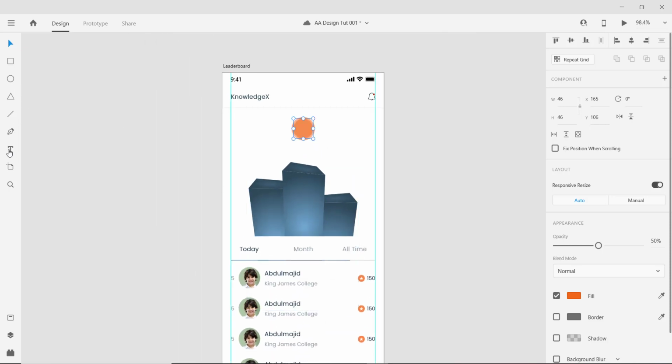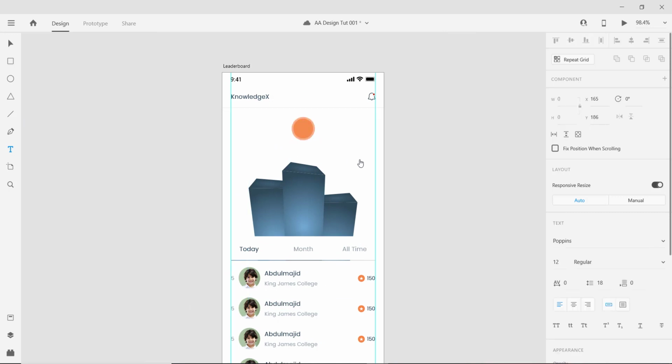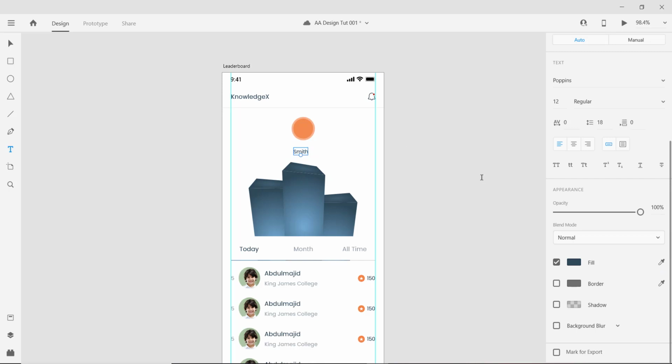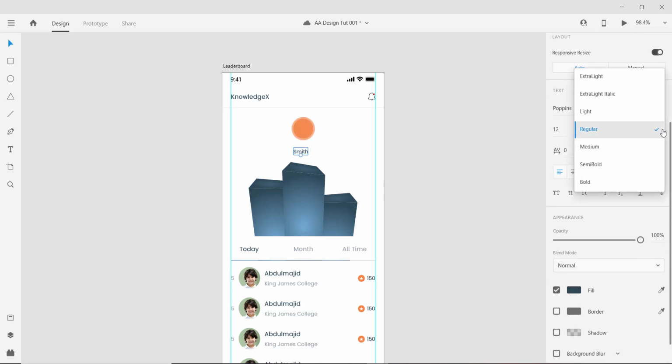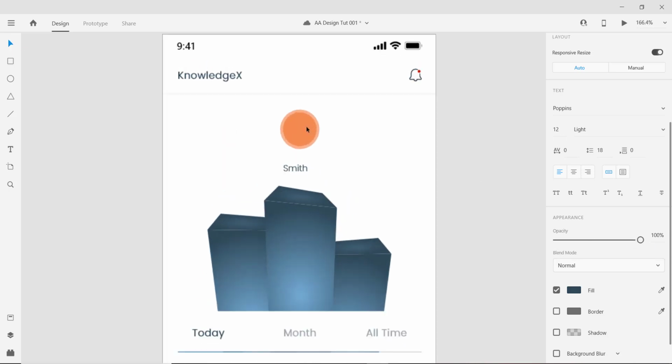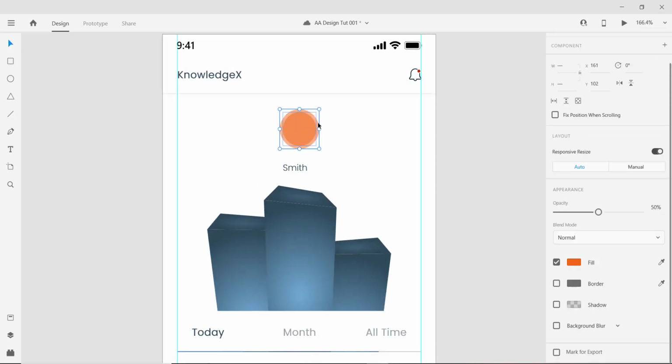So the next thing we also want to do is the name of this user. So let's call him Smith. Cool. Right? And we can make it a little bit light. Can make it light, maybe reduce the opacity. Oh, it's fine, no need to reduce the opacity. Okay, so this will be our